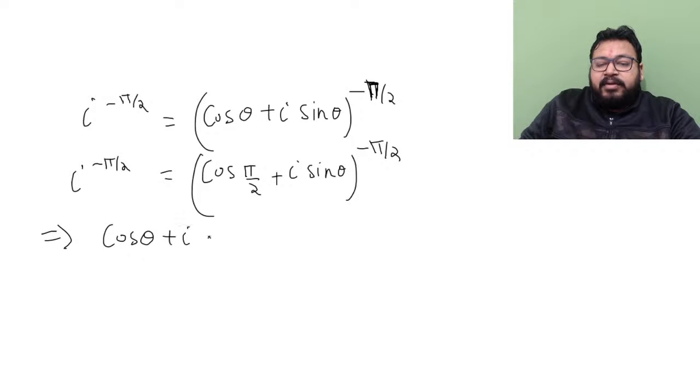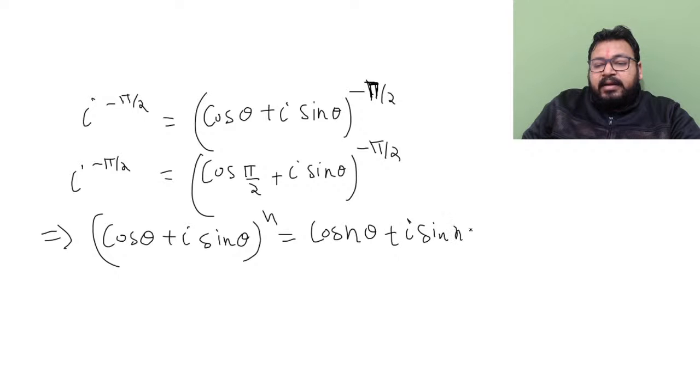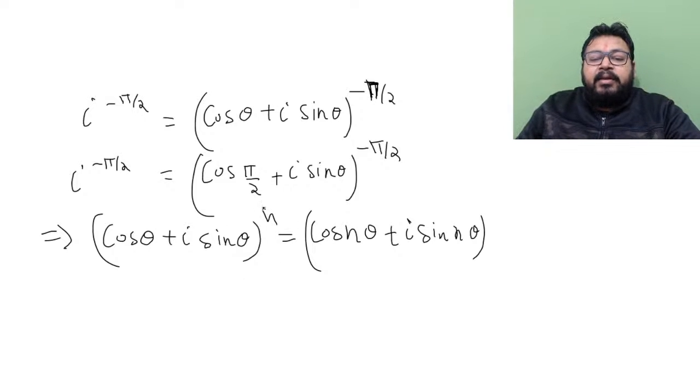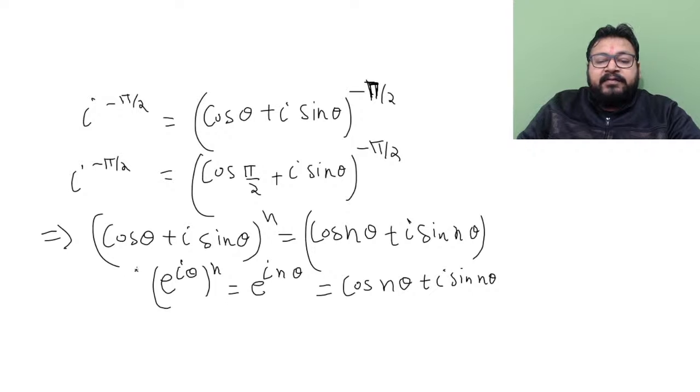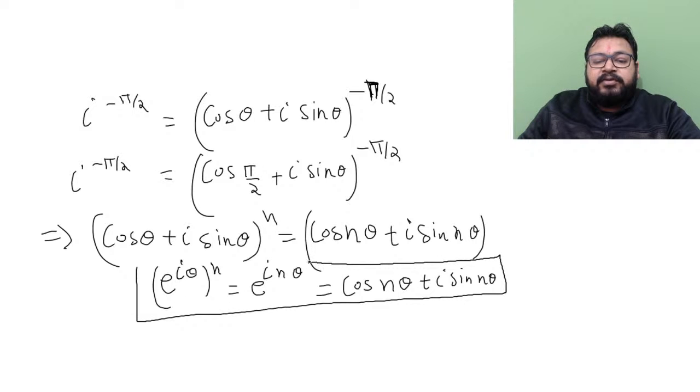Now there is one very important theorem. Cos theta plus iota sin theta to the power n can be written as cos n theta plus iota sin n theta. This is a very important property whenever there is an angle in Euler's theorem. Why? Because cos theta plus iota sin theta we write as e to the power iota theta, and e to the power iota theta to the power n, what is that? Power over power multiplies, so it becomes e to the power iota into n theta. And e to the power iota into n theta we can write as cos n theta plus iota sin n theta. So that is another very important application of Euler's theorem.